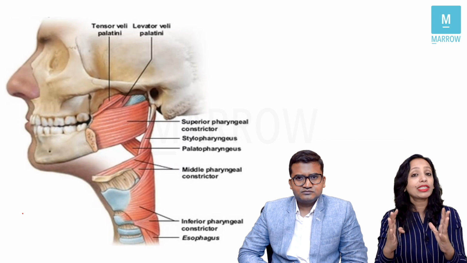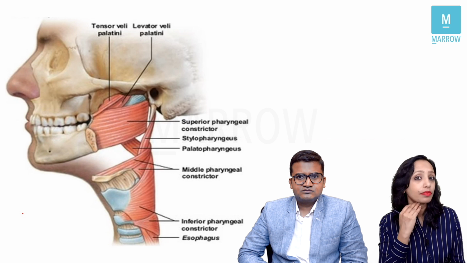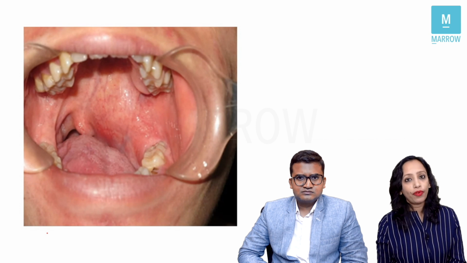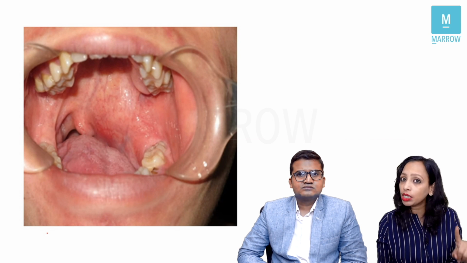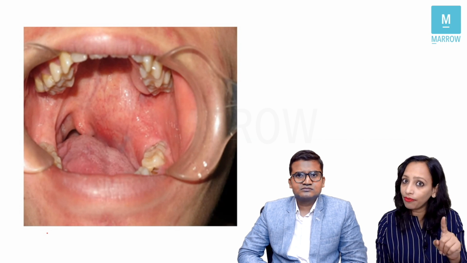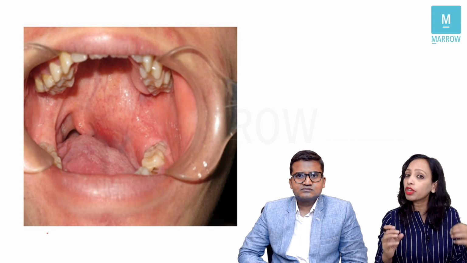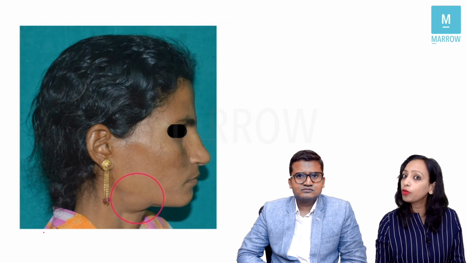If it has completely filled the parapharyngeal space, we will always see an external bulge at the angle of the jaw along with the tonsil being pushed medially. So whenever we have to differentiate whether it is Quinsy or a parapharyngeal abscess: in Quinsy, the tonsil is pushed medially; in parapharyngeal abscess also it will be present. Trismus will be present in both. But if you see an external bulge at the angle of the jaw, then we know that this is a parapharyngeal